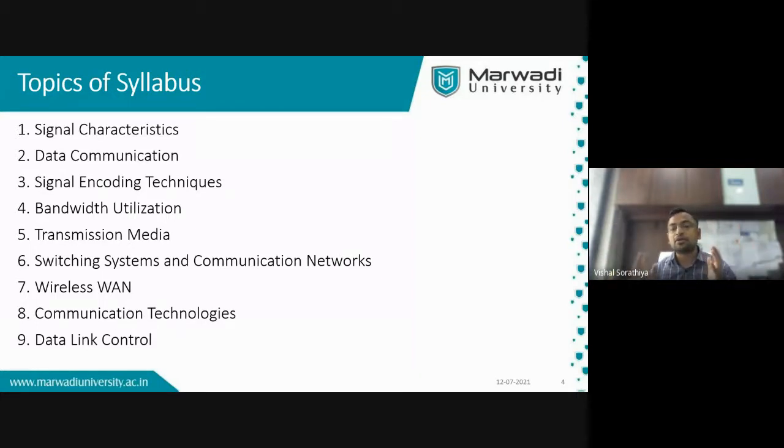Like you want to communicate from one country to another country. So what are the different wireless mediums through which you can do this communication, or from state to state, like from your mobile you can contact another person situated in another state. So how does this wireless communication, or mobile communication, take place? That wireless WAN we are going to discuss in this 7th chapter.